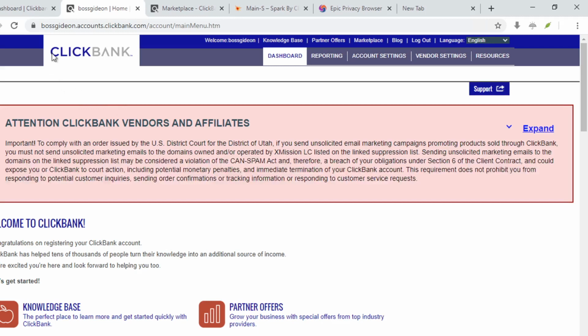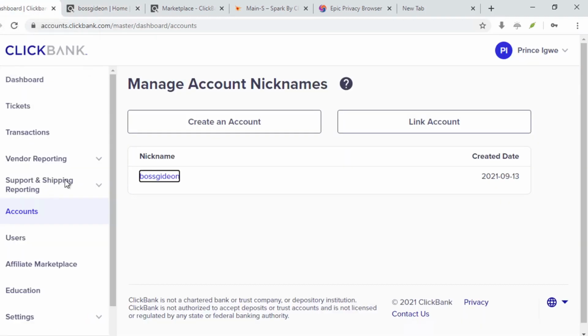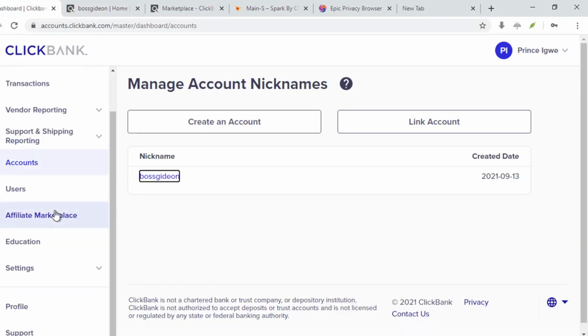So we are seeing the platform, we are seeing the interface. Now, why are we trying to create this nickname? Because this is what ClickBank recognizes. This name ClickBank is going to be using. We can't do anything on ClickBank without creating this name. We can't even promote any offer. So right, let me come back here now and click on settings,